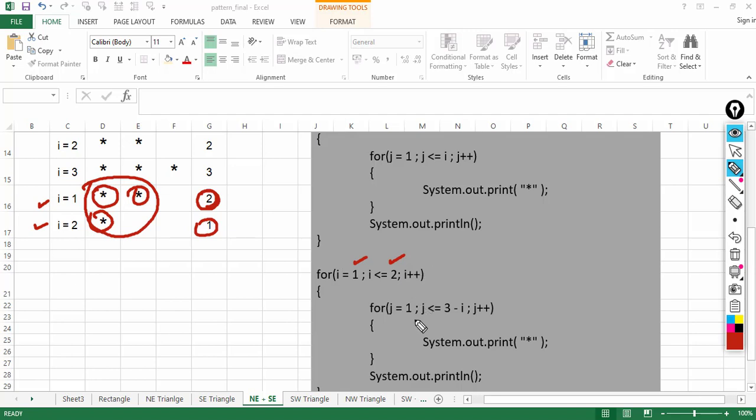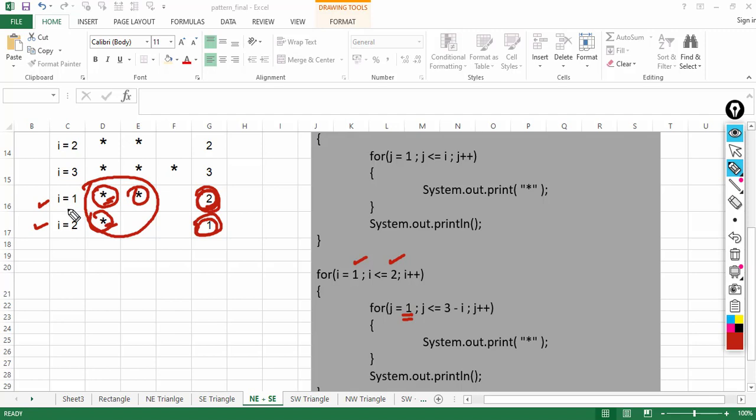Okay, and here the value of j will start from 1 because we want to print at 1 always. Okay, so it starts from 1 and it goes up till where? It goes up till 2 first time and then 1 second time.